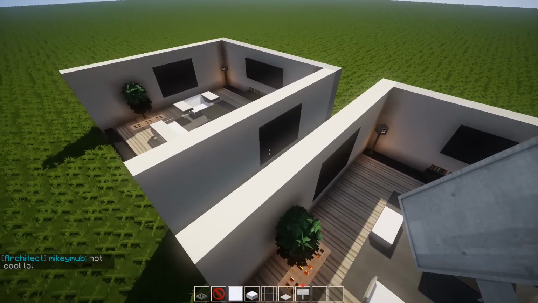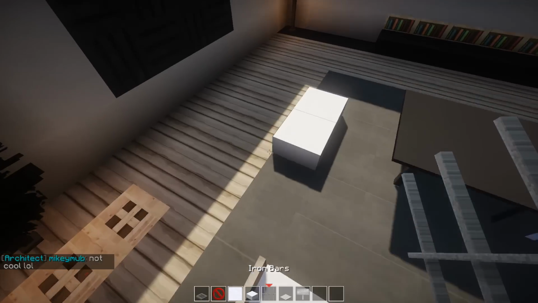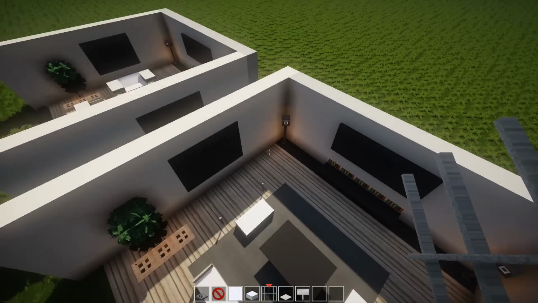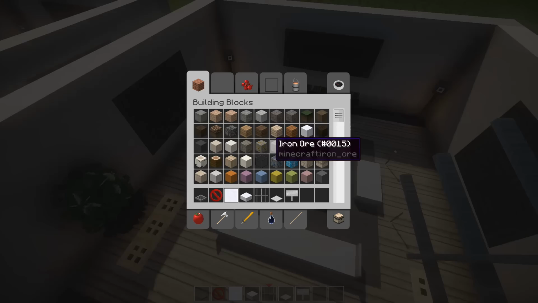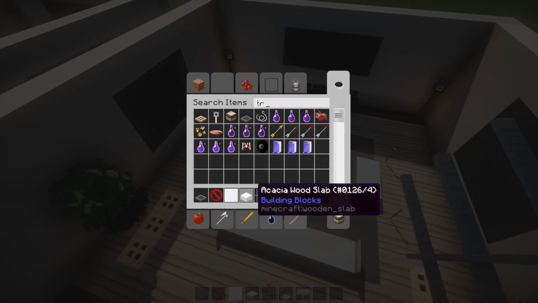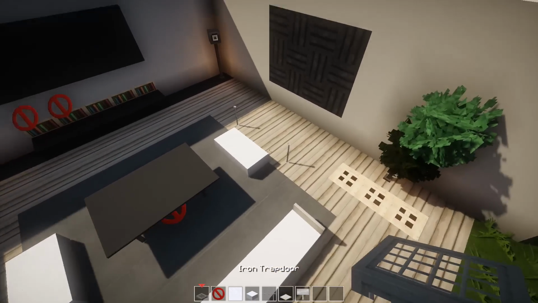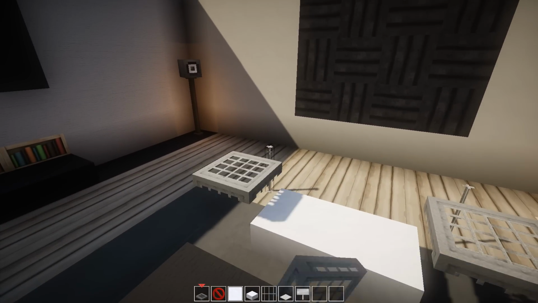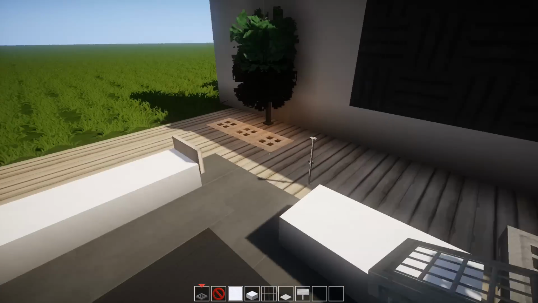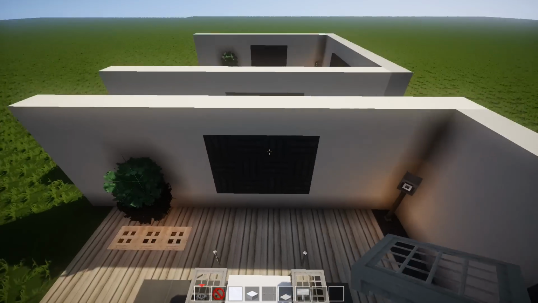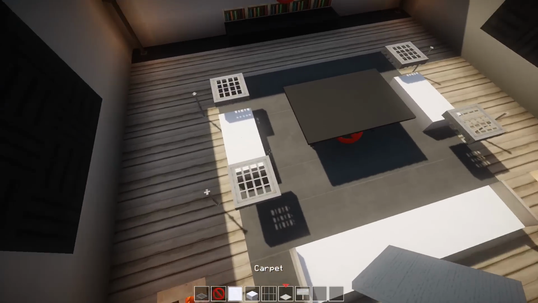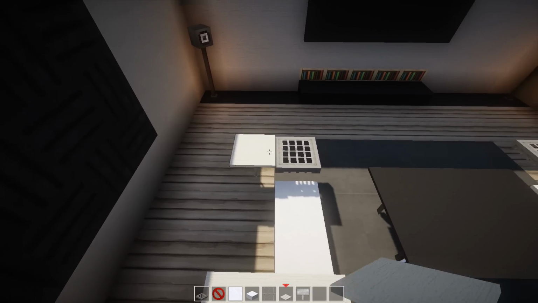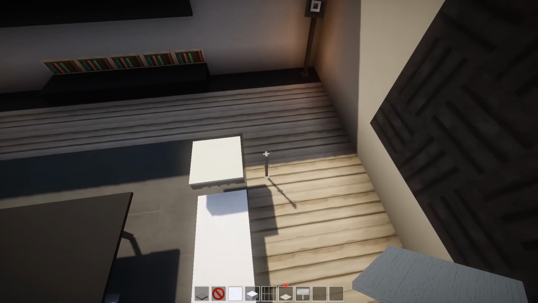Then what we're gonna do is we're actually gonna go get ourselves out some iron bars. I'm gonna place 2 here, 2 here, just like that. You're gonna see why in a second. We're then gonna be using some trapdoors. Oh, got some. And these guys are just gonna come here, and they're gonna come here, just like so. Then what we're gonna do is we're gonna actually lay some carpet over the top, just to make it look a little bit sleeker, and this is also gonna act as our sofa's armrest.